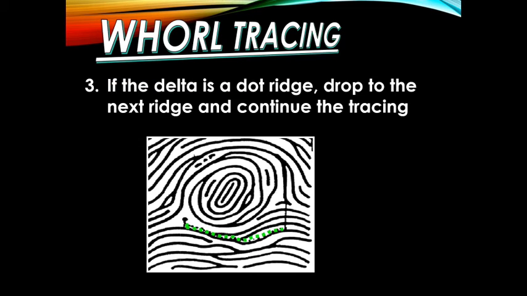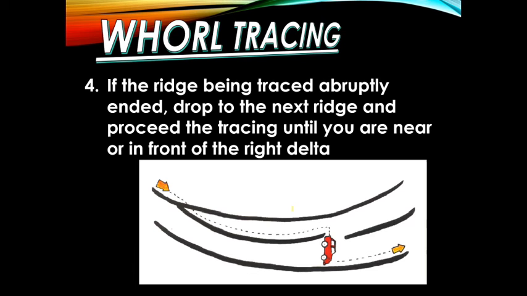However, if the left delta is a dot ridge, automatically you must drop to the next ridge. So if this is the left delta and it is a dot ridge, you need to drop to the next ridge and then continue tracing until you are near or in front of the right delta. So in cases that you encounter this kind of ridges or formations, always use the outer ridges